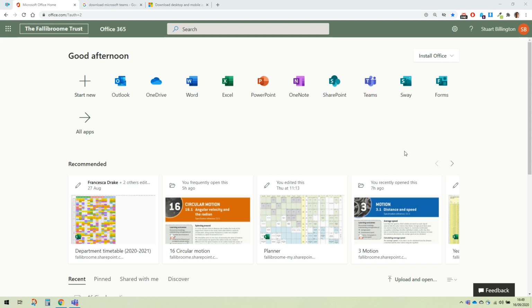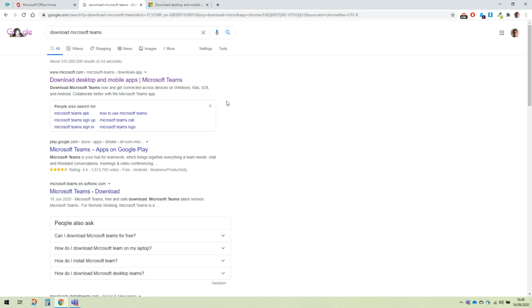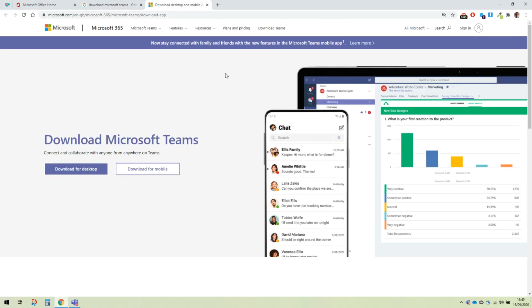If you've not used it before and it's not installed on your machine, you can access it by going to office.com and signing in with your school username and password, and then you'll be greeted with this landing screen. You can access Teams online through your browser by clicking on this link. It is quite slow through your browser though, and it's much better to download the desktop app. So if you just Google download Microsoft Teams, it will take you to a page where you can install the